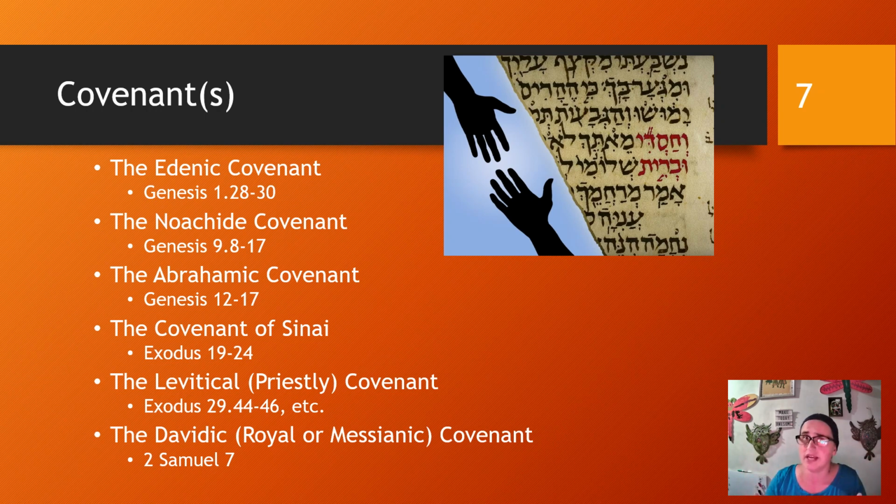And then the covenant of Sinai, which is a renewal and an adding on to the Abrahamic covenant for all of the Hebrews liberated in the Exodus as they are preparing to enter the land, the promised land, as it were. So again, specific. The Levitical covenant, a covenant struck only with the priests, the descendants of Aaron, is even more specific. So it's for Hebrews, but it's only for Hebrew priests. And the Davidic covenant, which is even more specific, it's actually specified to one royal house, the house of David. So it's for Hebrews, but only royal Hebrews.